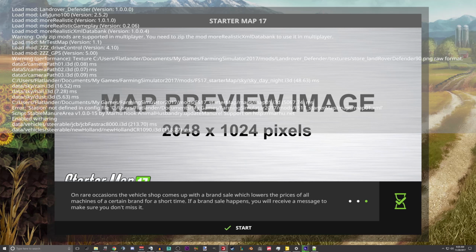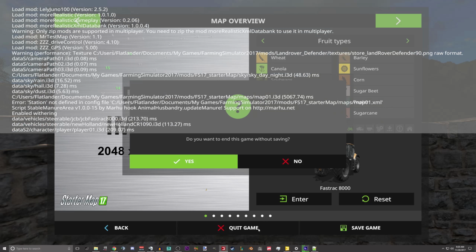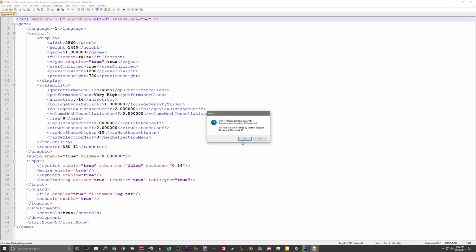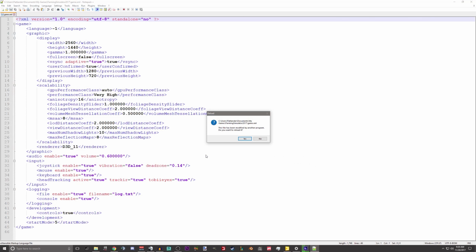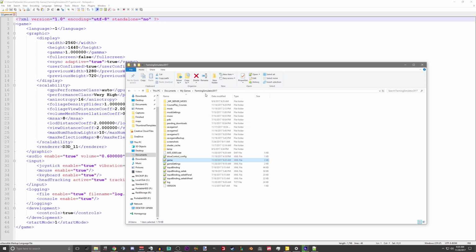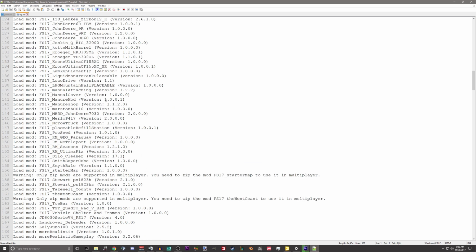This is important to know. You can quickly check, okay, I have an error, and I don't need to go any further into the game because I want to check those errors out. So let's exit, and we will go into the log. Now, if you don't know where the log is, you need to get very familiar with this. It is under Farming Simulator My Games, and right there, log. I actually have a shortcut somewhere else so I can see this elsewhere.